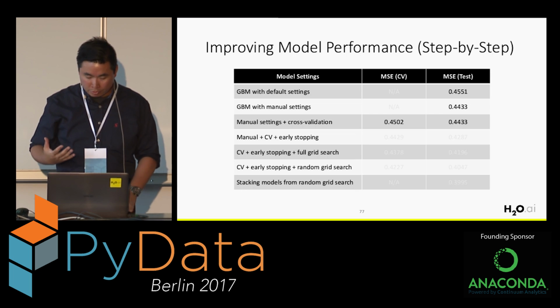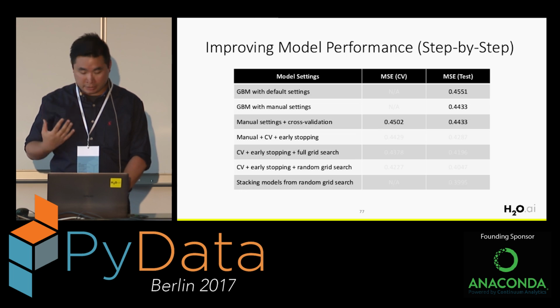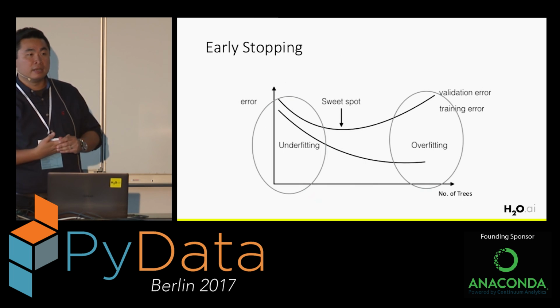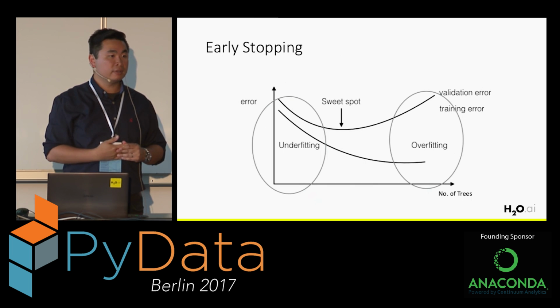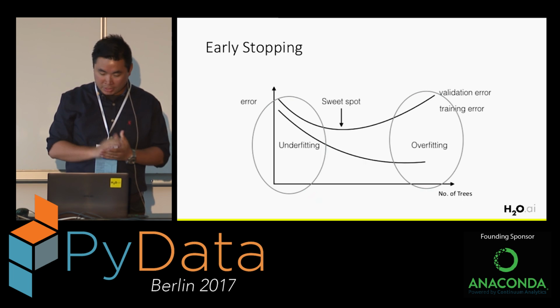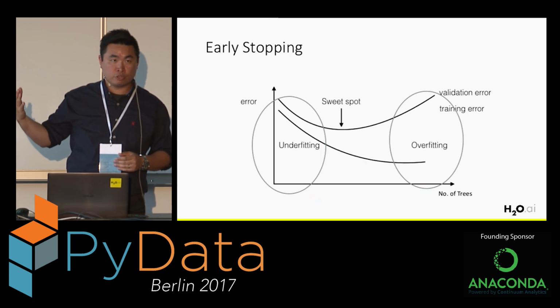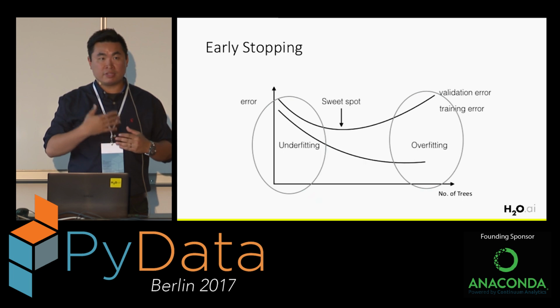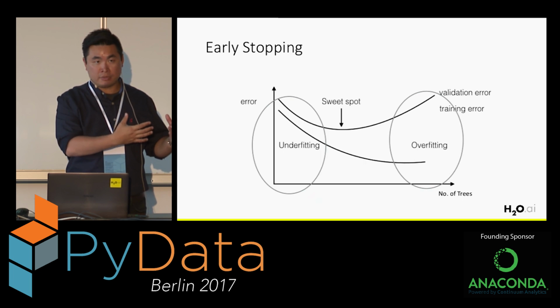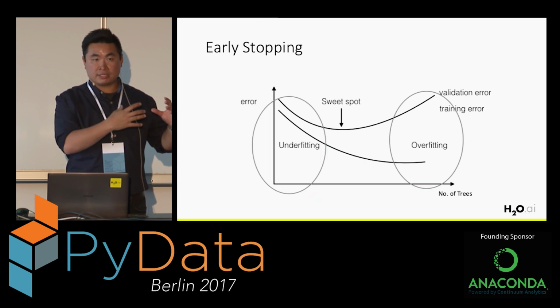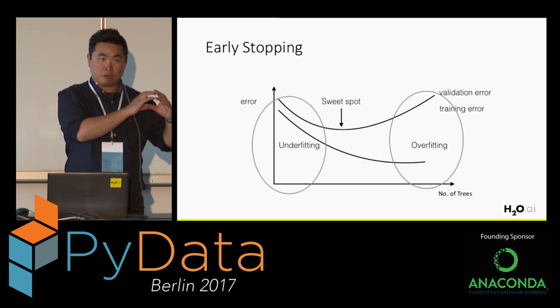So the next step I want to do is to include another technique called early stopping. Have you heard of early stopping before? Yeah. So let me just explain it. Sometimes when you train the model long enough, for example GBM, the gradient boosting machine, if you have given it a high number of trees, it can memorize everything about the training data set, and we cause overfitting.